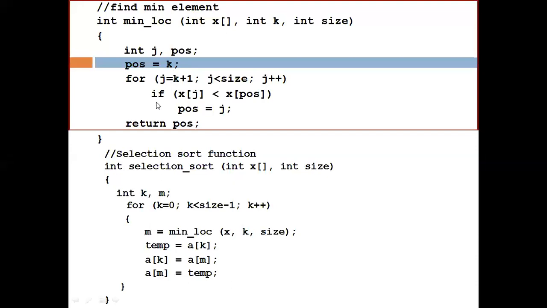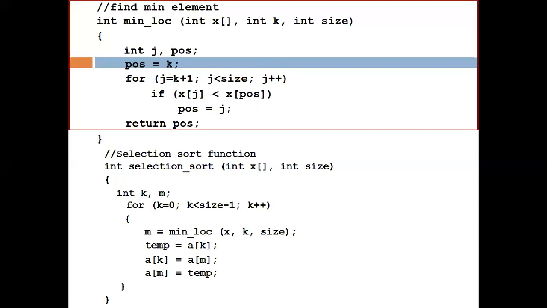So in each iteration, we are comparing if x[j] is less than x[pos]. Because we are assuming this position k, that means the kth element, is minimum. So if other elements are less than this one, then definitely that element will be the minimum.